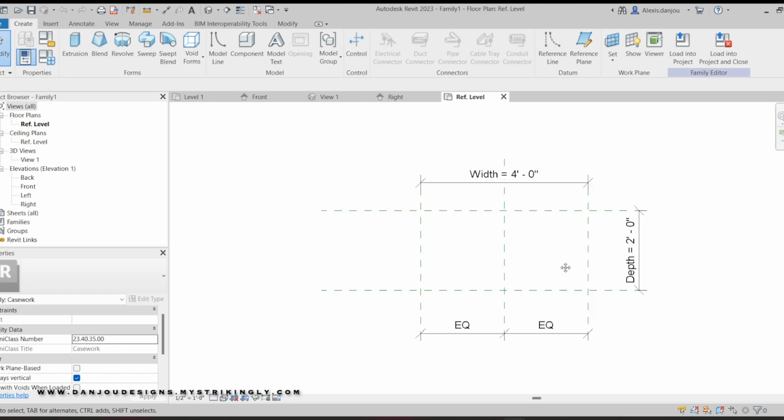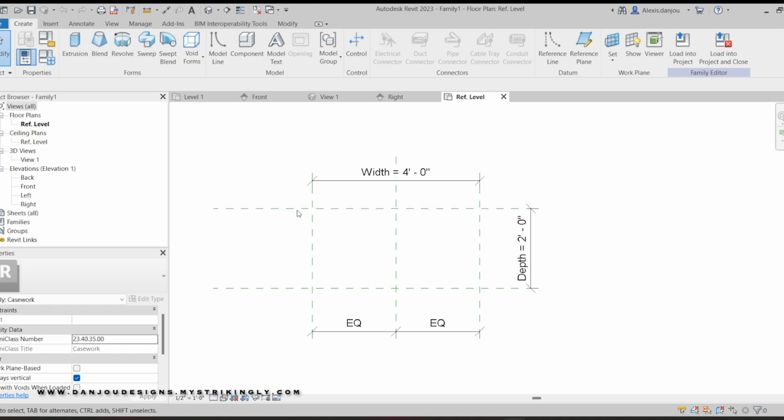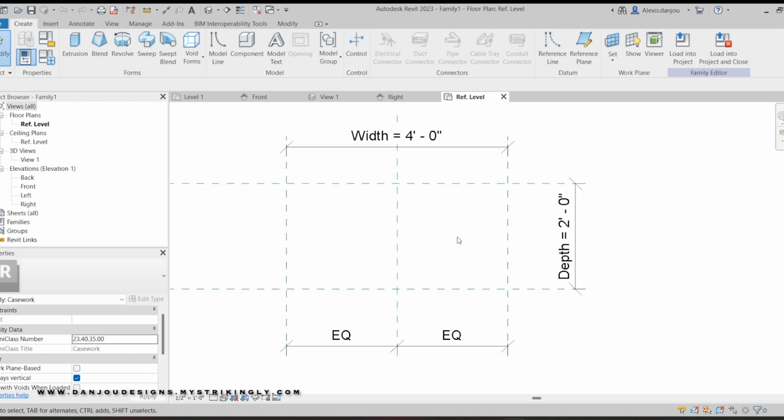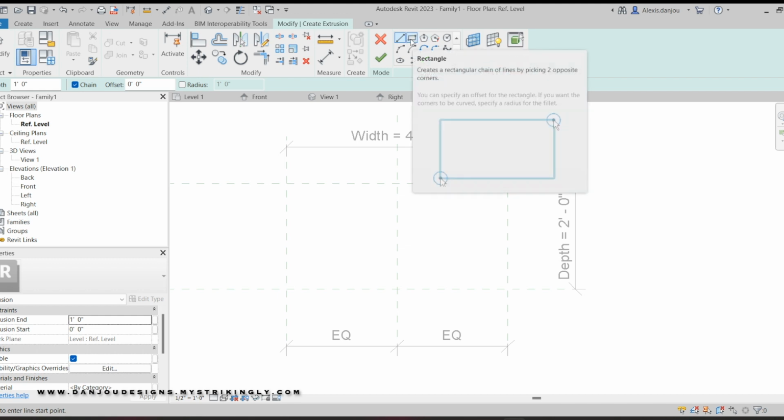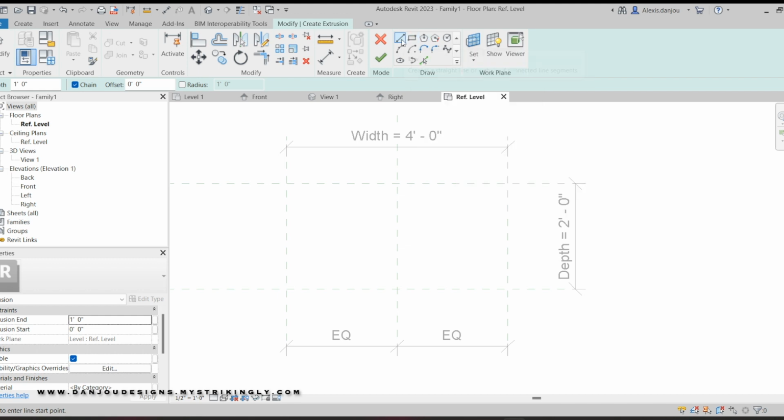Starting with the floor plan view, these dashed lines are just reference lines, and you can add more reference lines if you want. You don't need reference lines, but it helps if you're trying to get really accurate measurements without having to do extra work. The first thing I'm going to make is the actual cabinet base. So I'm going to go up here to extrusion, and I'm going to click the rectangle tool because it's simpler and a lot easier. The line tool is not that much more difficult, but for quickness,